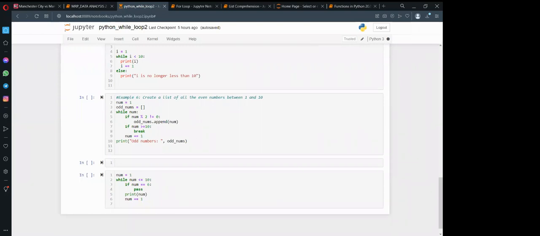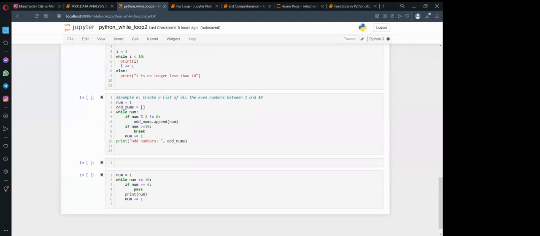The other example is example 6, where you can create a list of even numbers. Let's say even numbers between 1 and 10. So you initialize, let's say we are starting at number 1.